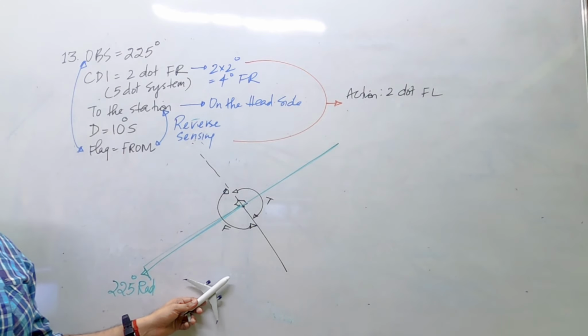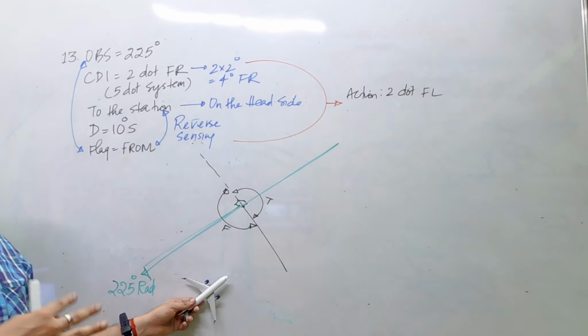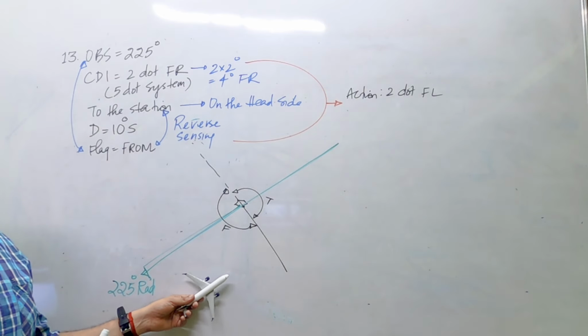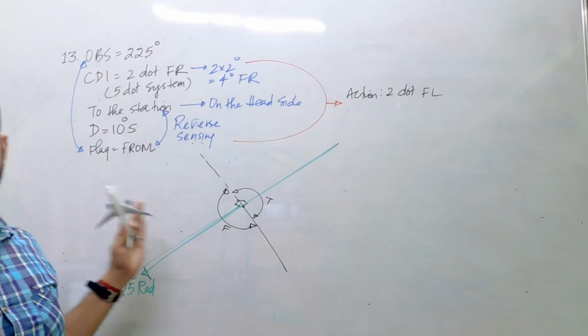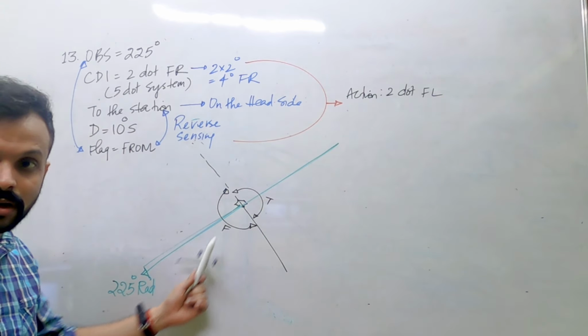So understand the concept. There are certain questions where they have asked where's the aircraft, and the options were like south of desired radial, on the desired radial, and north of desired radial. This is what they mean by that. South, or sometimes it can be east or west, depending upon the orientation of the radial, that can change, right? This is more like the